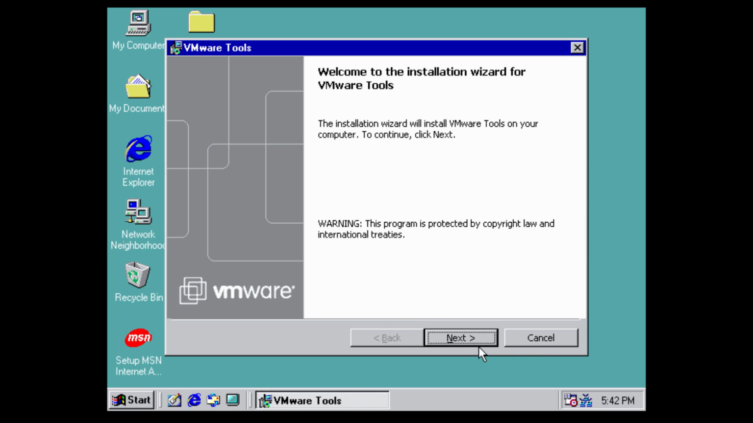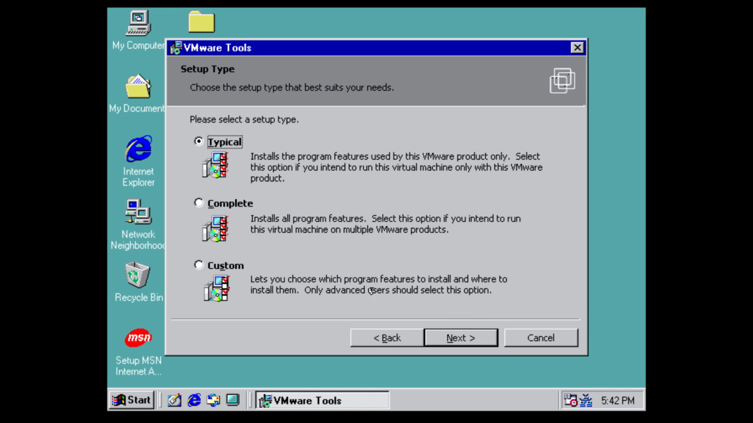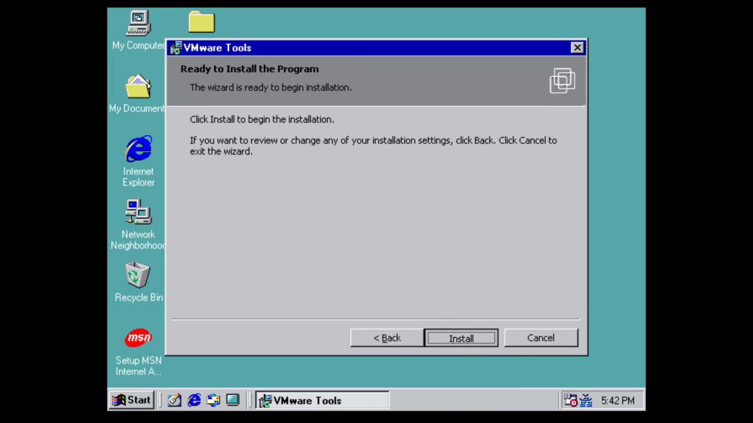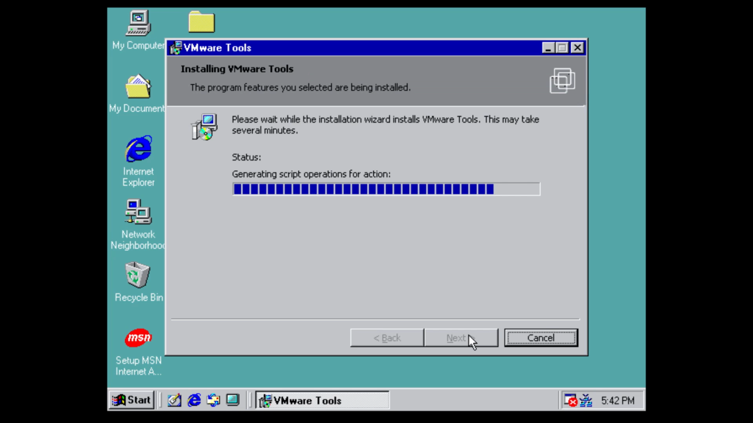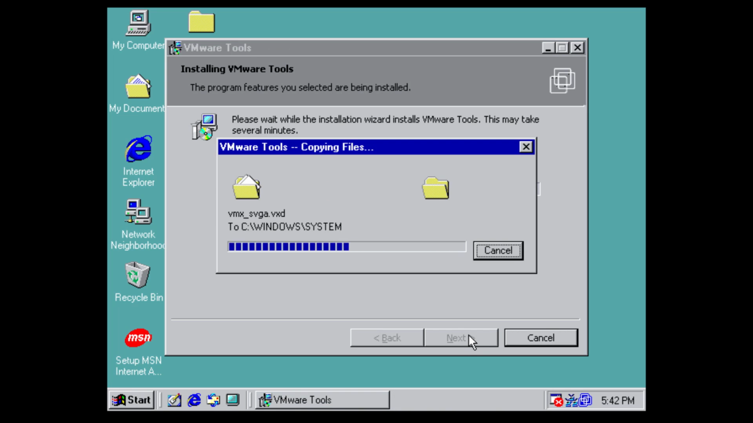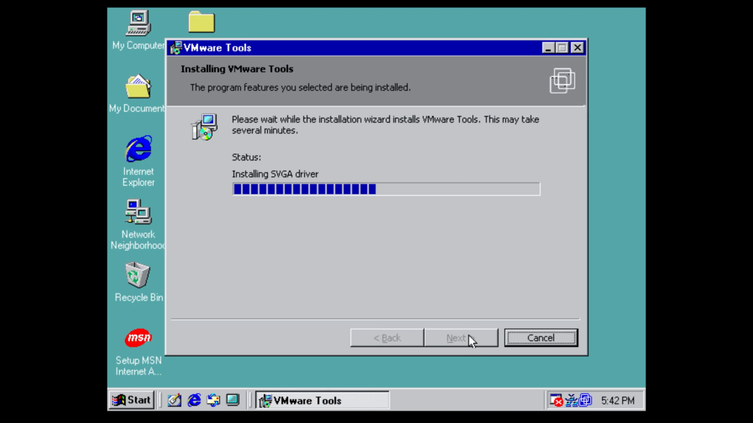So I'm just going to go through this. All we have to do is just click on next. We're going to go with the complete setup, and we're going to click on install. And this shouldn't take that long at all. It's just going to copy the new files. Your screen may go black for a few seconds as it installs the new SVGA driver. So we're just going to let it